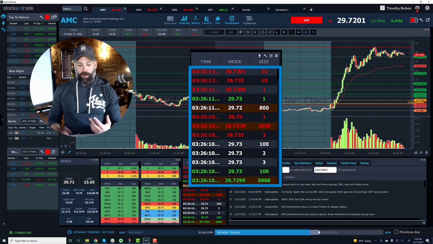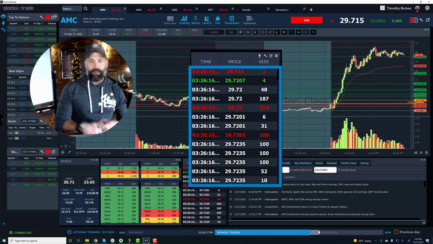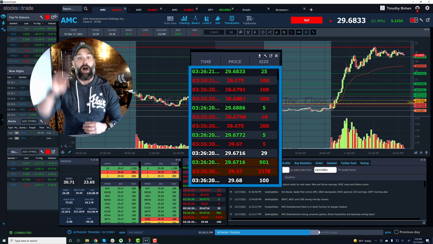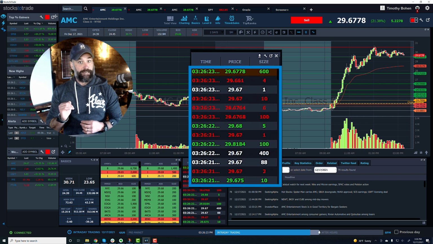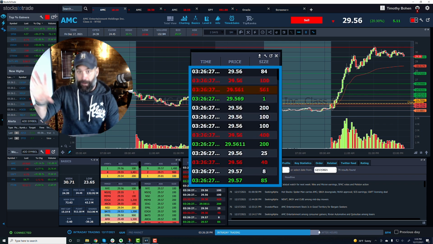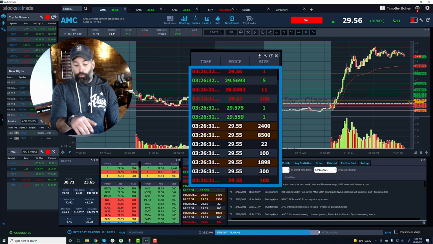Then the next thing that's quite frequently misunderstood is the colors. Because people think, oh, what's that mean? Does that mean it was a short? Does that mean it was a buy? Et cetera, et cetera. No. All that shows is upticks, downticks, or unchanged. And please pay attention: don't read too much into that.